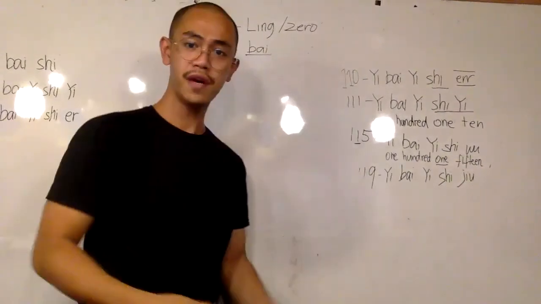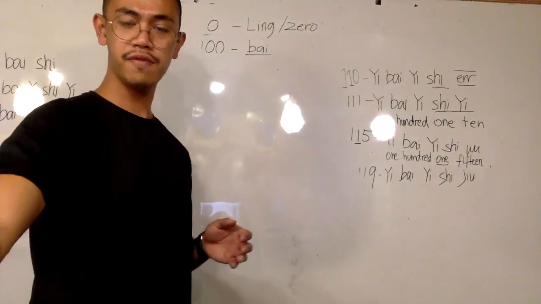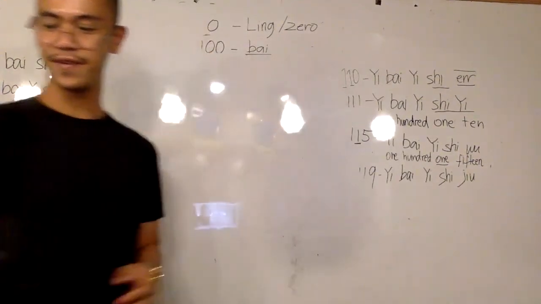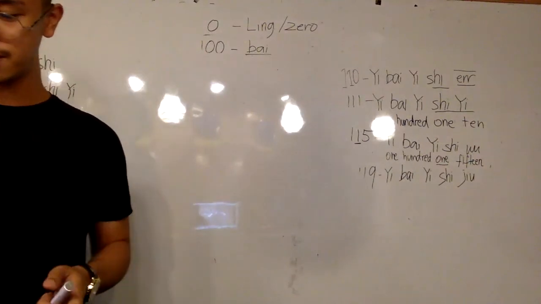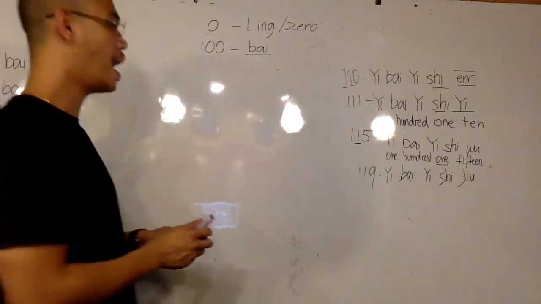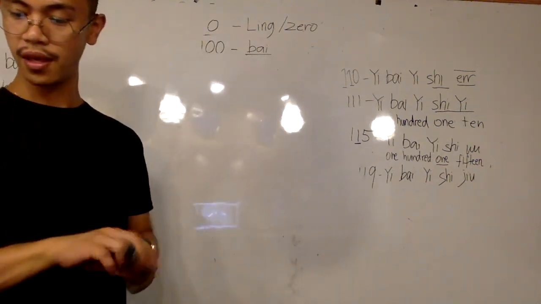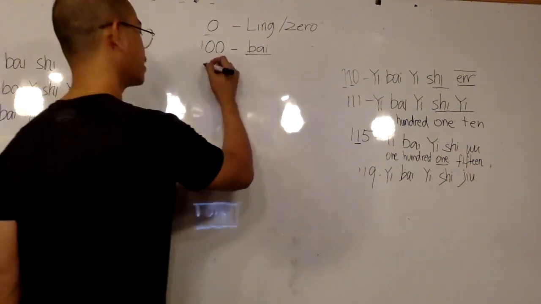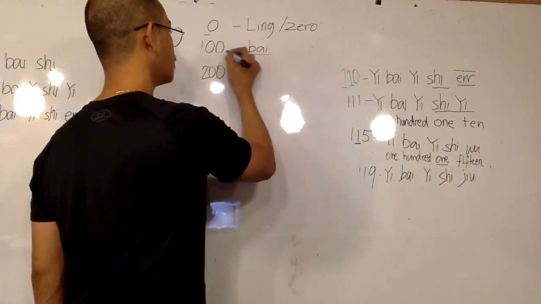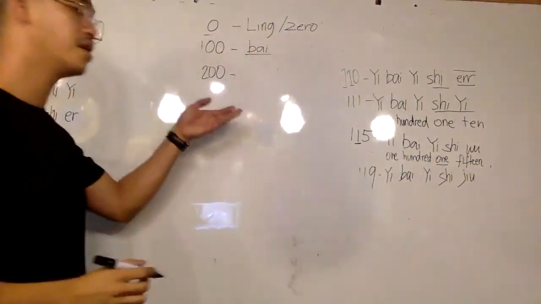Please follow along with the notes that I have provided for you, so you won't get lost. Okay, so let's continue our counting. How do we say 200? In Mandarin, there are 2 ways to